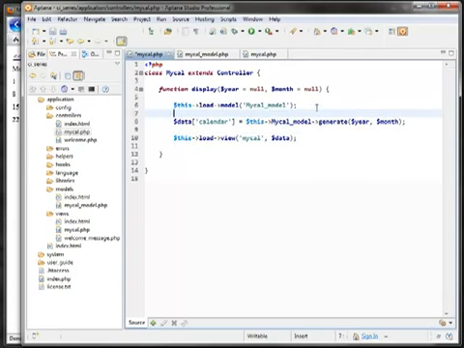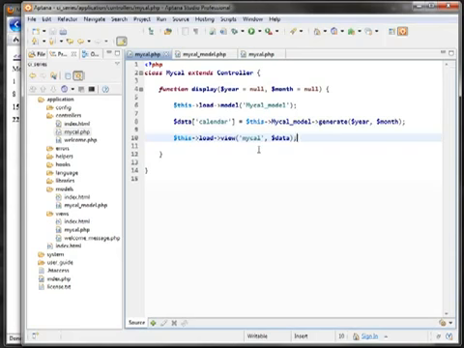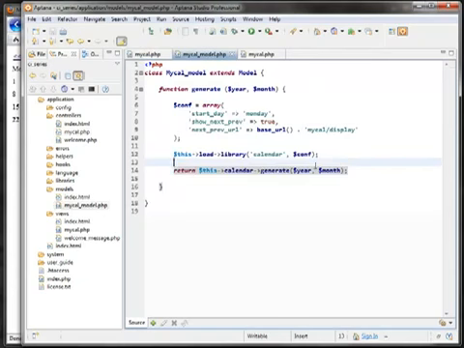So all I've done is just reorganizing some code. I should expect everything to look the same. And yes, it does. So let's start doing some more. Like I'm going to show you another option of the calendar class, which is passing some content to be inside the calendar. For example,